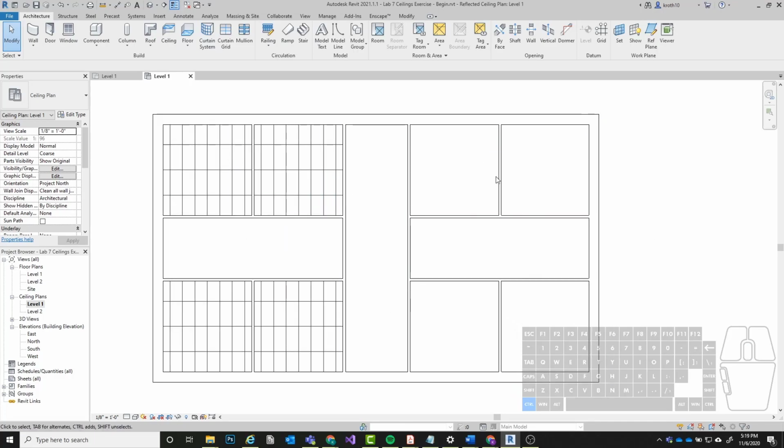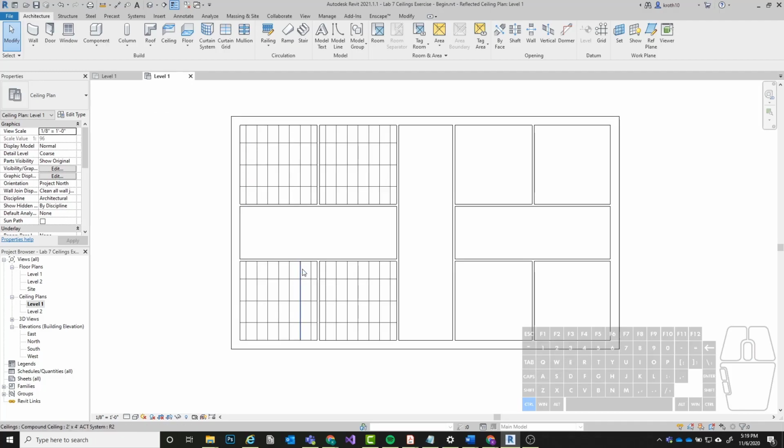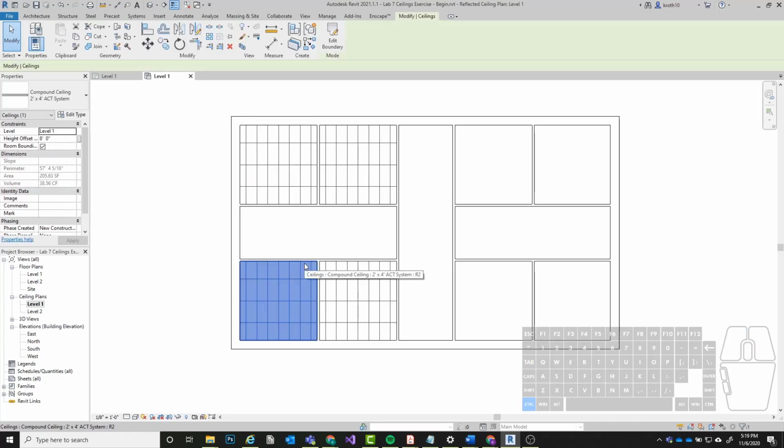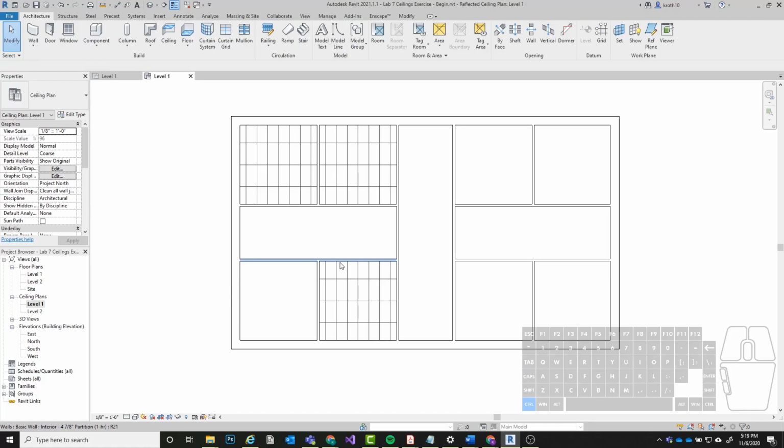So I'm going to show you now over here. Actually, I'll go down here. I'm not going to do the entire thing for you. The process should be pretty simple, but I want you to fill in the other side of this on your own, okay, as part of the exercise. So I'm just going to work on this side. So I'm going to show you how I would create those ceilings now with the